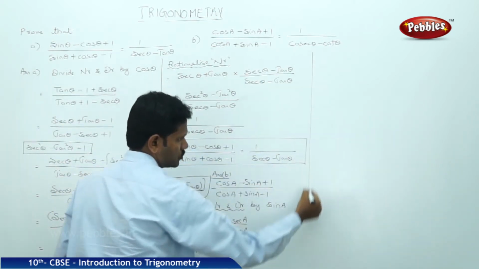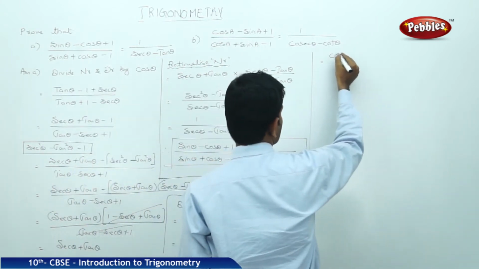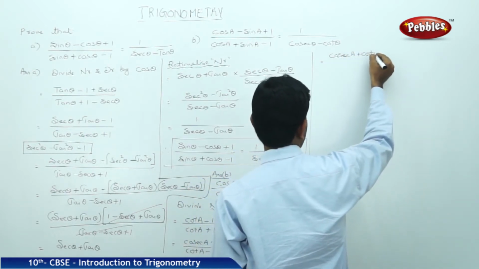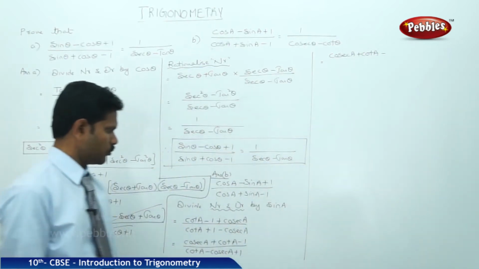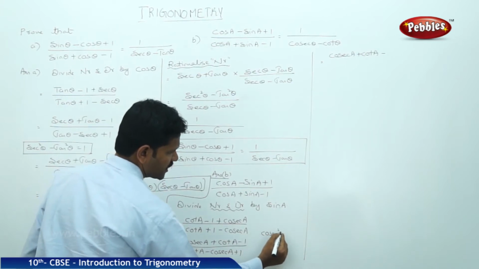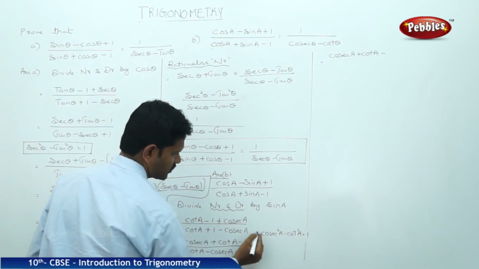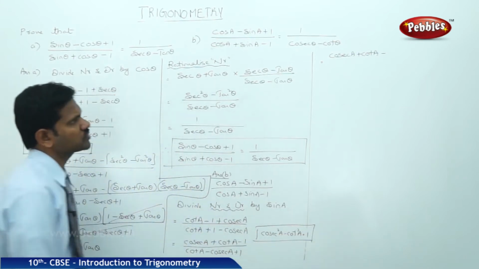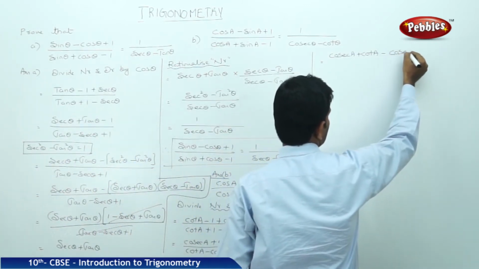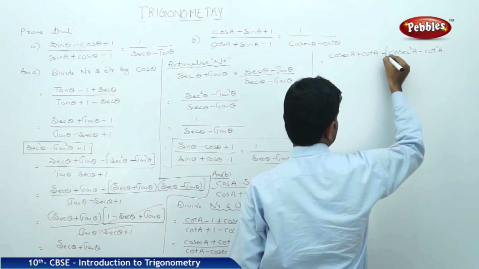Now that is equal to cosec A plus cot A minus. We know very well the identity, that is cosecant square A minus cot square A is equal to 1. This is the identity we have to use. In place of 1 I will use this one, that is cosecant square A minus cot square A